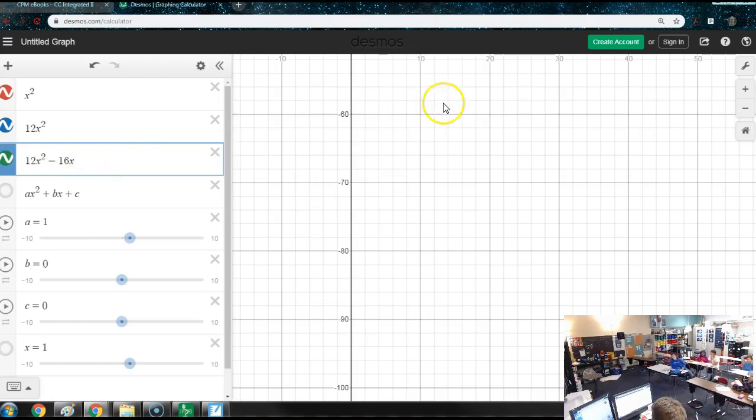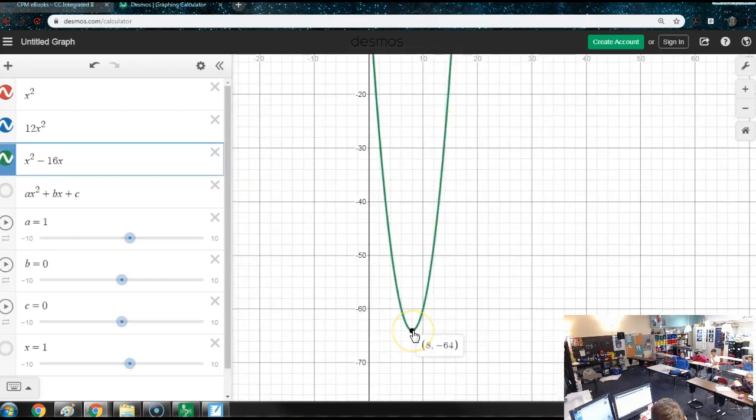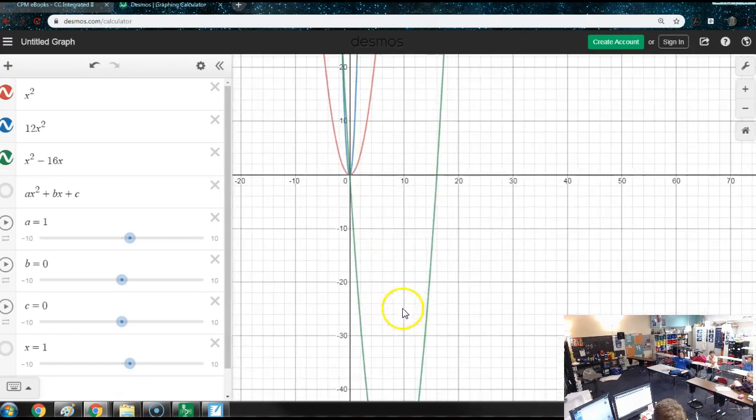I understand. I want to see the line again. Why? Okay, because there's no c value, you know that one of the x's is going to go to the origin, and because there's a 16x, that means the other point is 16. Yeah, and right in the middle, that would be 8. So if we had no a and you only had the bx,